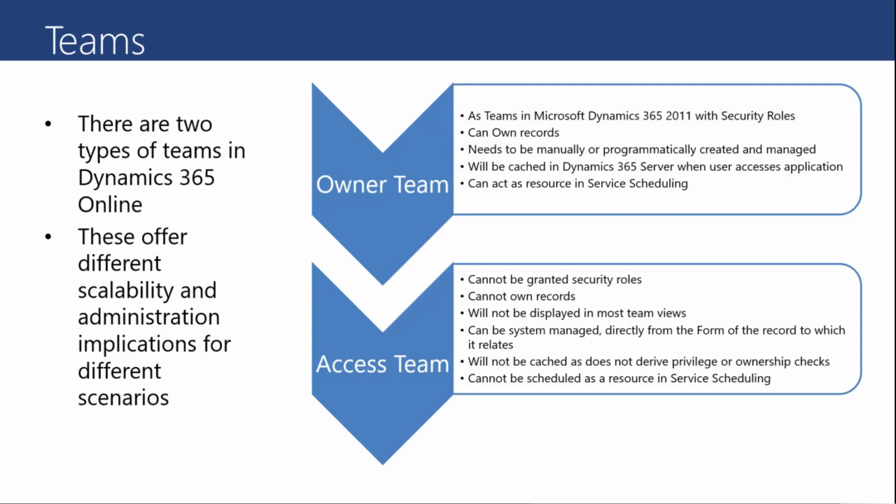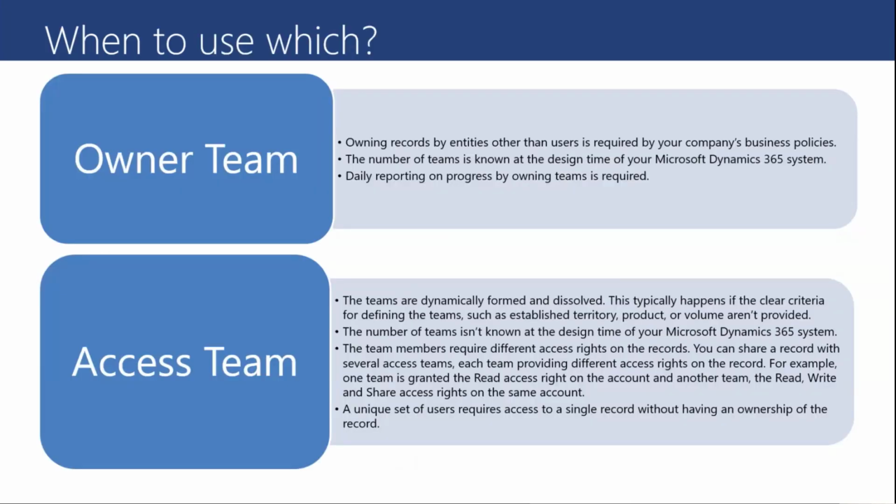If I know the members upfront, then it would be an owner team, right? So those are the two types of teams to keep in mind. So when to use what, like I just stated, it's pretty much when records are required by a company's business policy, the number of teams is known at design time, and daily reporting on progress by owning teams is required. So if you want to do some reporting and it's known upfront, then you would